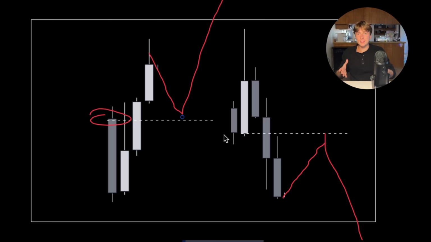And it's the same scenario in a downhill. If you're going down and you pick the shopping cart up, it's going to fall back down anyways, because gravity's pulling it in a specific direction. Instead of gravity, it's the market and the higher time frame narrative that's pushing it in a specific direction.